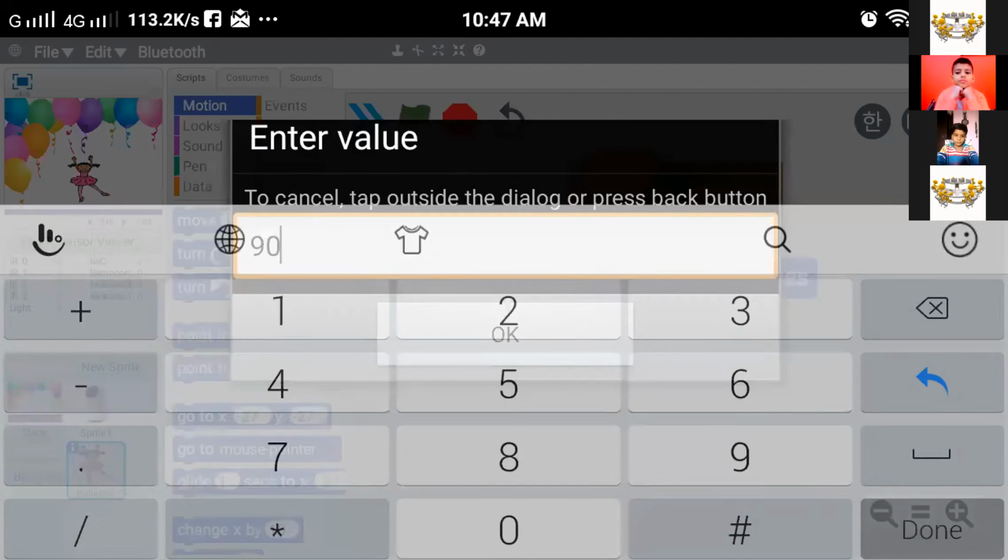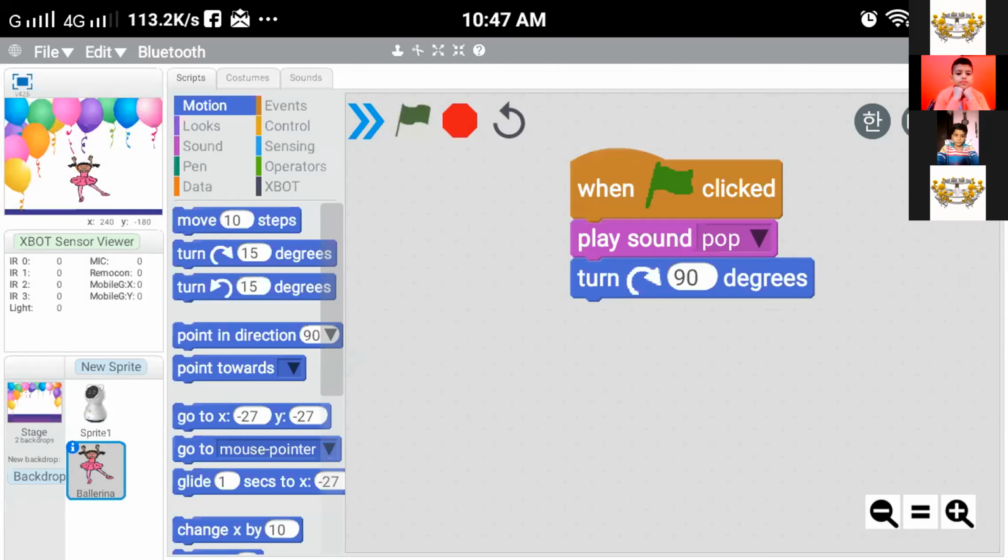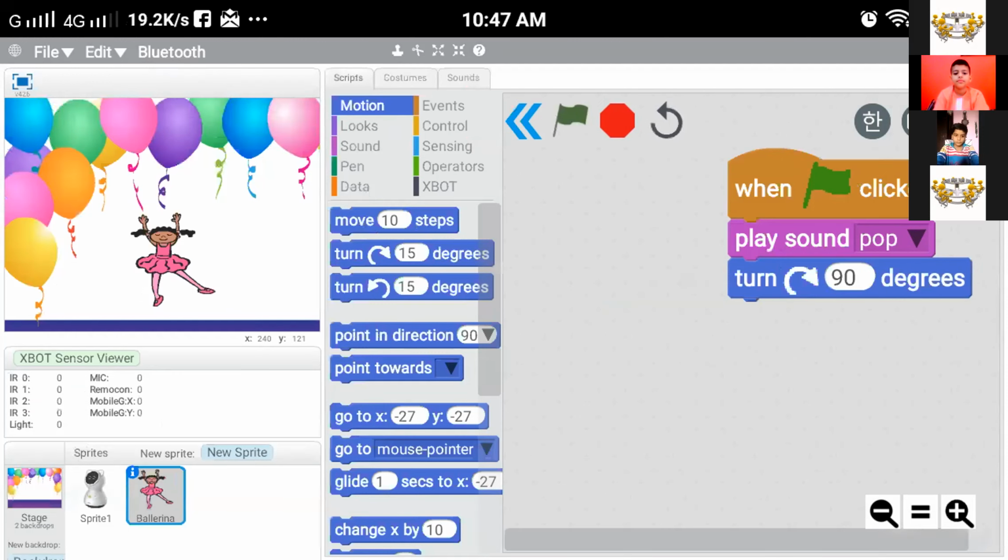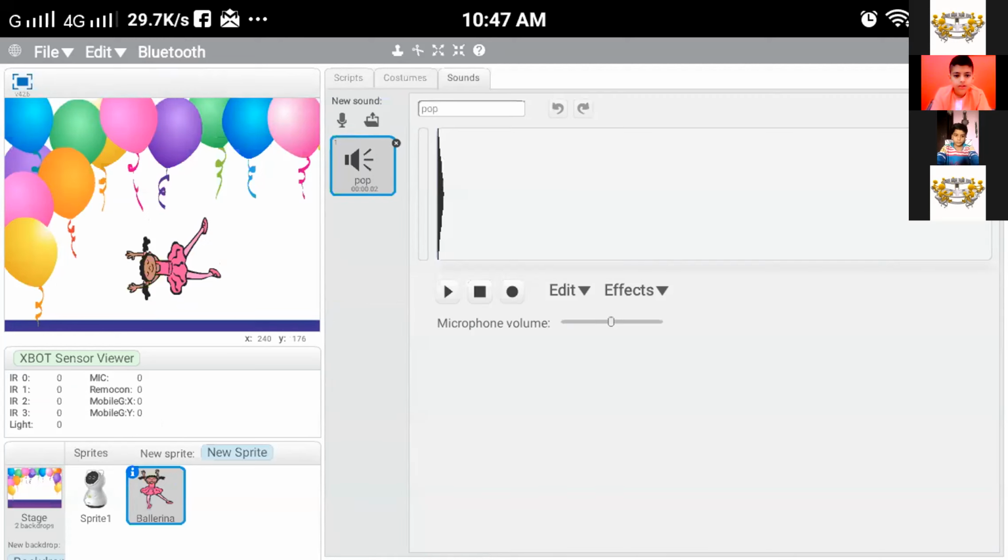Done. Okay, now we can try to change the sound because the program is done. Let us check first, is it working or not? So it's working. Let us try to change the sound also now, if it is possible.